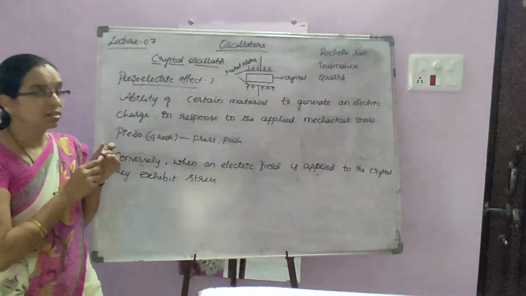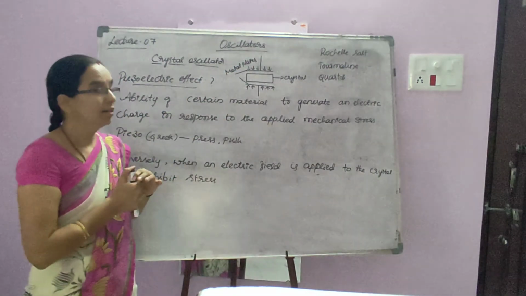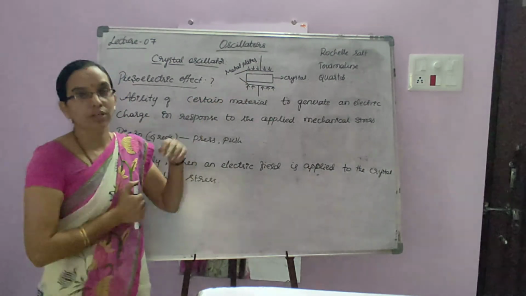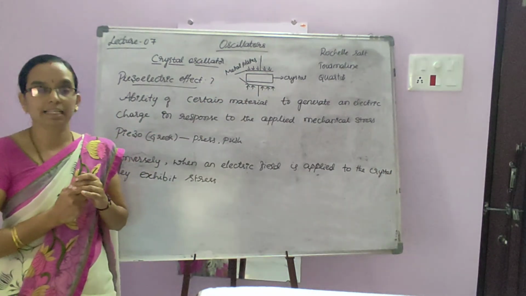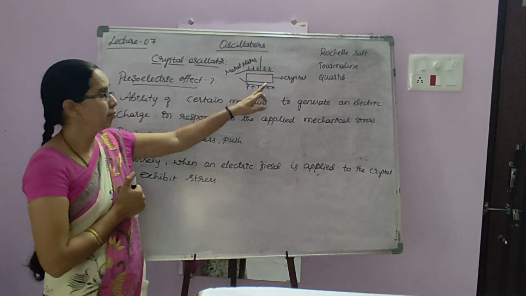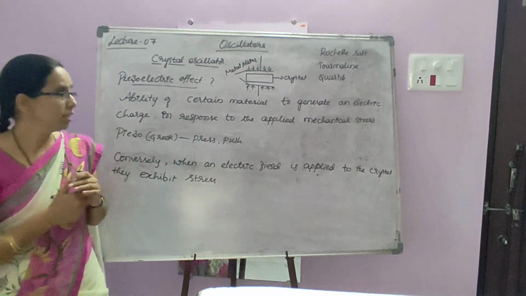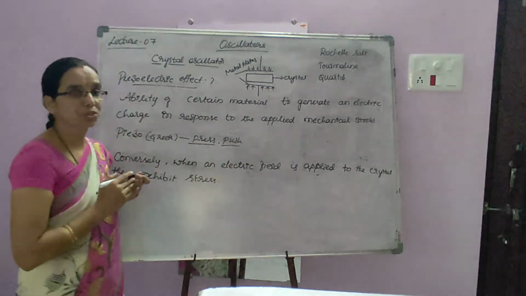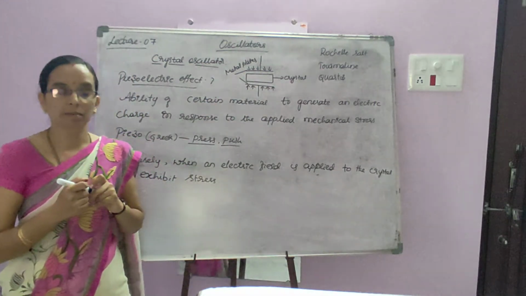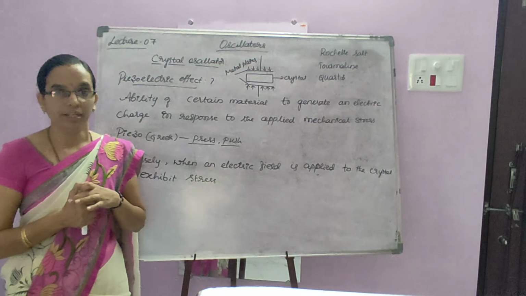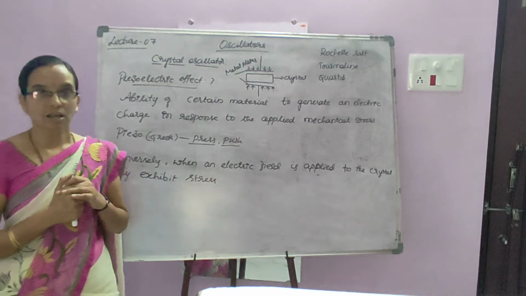Whenever a stress is applied to the crystal on these metal plates, it is going to vibrate and generate an electric charge, and that charge is collected by the metal plates and generates electricity. That is called piezoelectricity. Piezo in Greek means press or push. Conversely, whenever an electric field is applied between these two metal plates, the crystal starts vibrating. So this is the piezoelectric effect which is going to be used in a crystal oscillator.